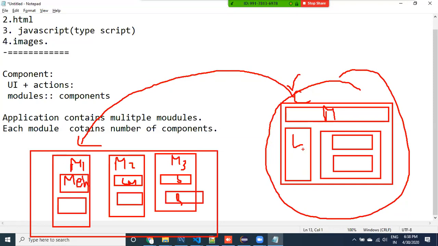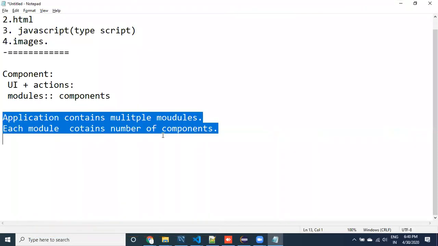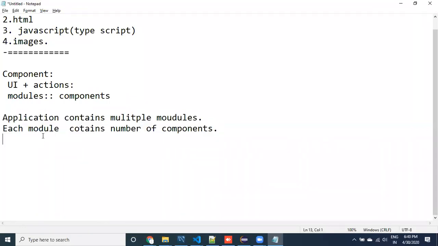This is something like module 1, module 2, module 3, and so many modules will be there, depending on the application. We are going to create a number of modules. Each module contains a number of components. Remember this point: an application contains multiple modules, and each module contains a number of components.